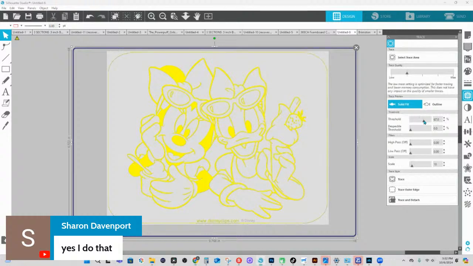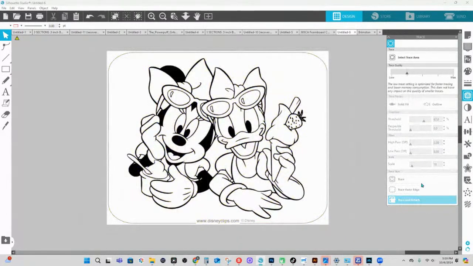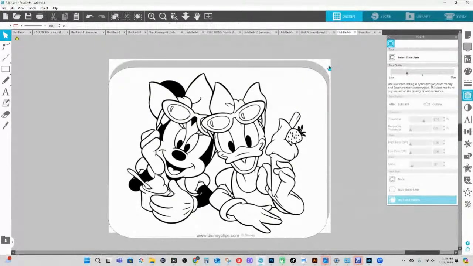Also, I see a lot of tutorials on YouTube that tell you to just take your threshold all the way up. So you adjust that threshold up, and we go trace and detach. Remember, it searches the outside, so wherever the furthest color is, that's what it's going to detach. And this is what's going to happen. Then you think you did something wrong. You're going to keep doing that and be frustrated, and then you're going to say, I tried to use Silhouette Studio, but I gave up because it was too complicated. I couldn't figure out how to remove the background, because a lot of the tutorials